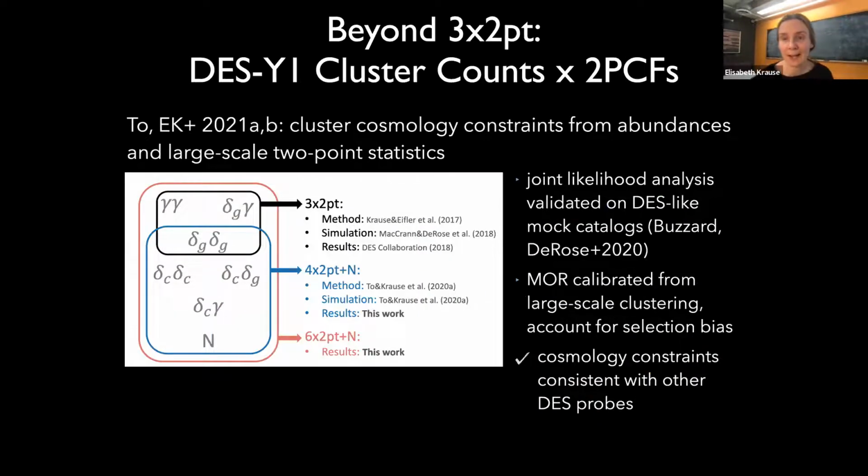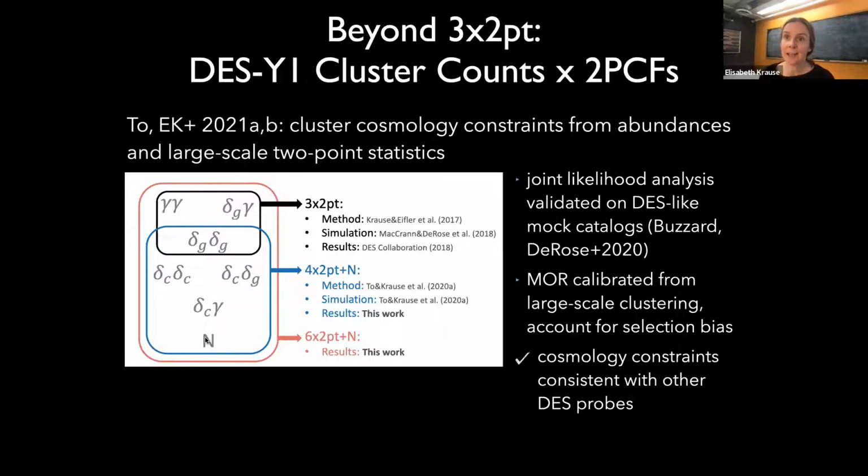One analysis that I want to highlight beyond the combination of weak lensing and galaxy clustering is a recent paper led by grad student Chunhao Tu, where we obtained cluster cosmology constraints from cluster number counts and large-scale two-point statistics. So we extend this 3x2-point analysis of cosmic shear, galaxy-galaxy lensing, and galaxy clustering to include cluster clustering, cluster cross-galaxy clustering, large-scale cluster lensing, and cluster number counts. That means we calibrate the cluster